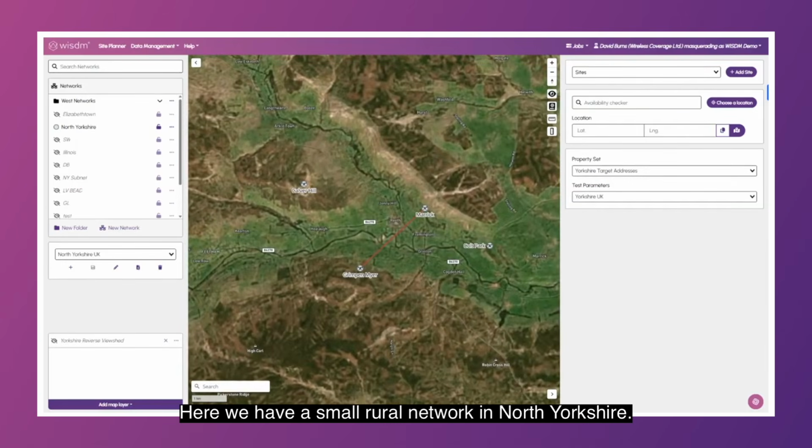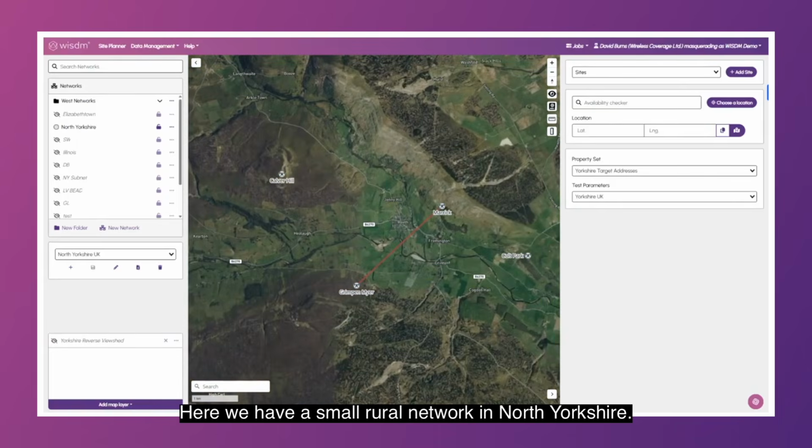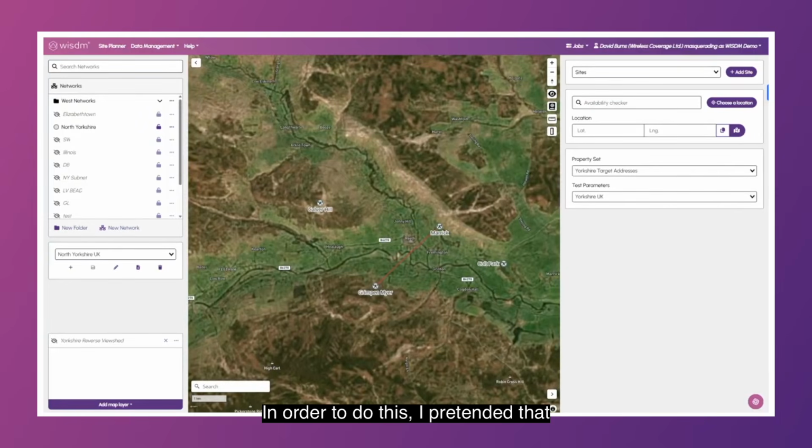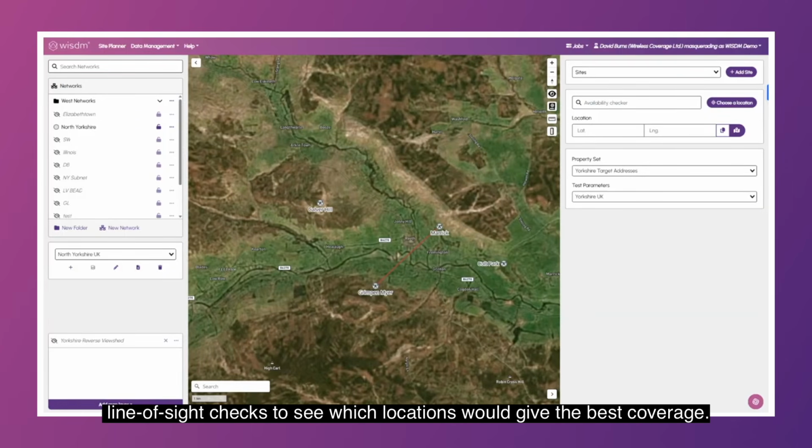Here we have a small rural network in North Yorkshire. There are only a few hundred houses in this area, and I want to get 100% coverage. In order to do this, I pretended that there was a tower at every single location in the whole area. So we pretended that there was 18,000 towers and ran line of sight checks to see which locations would give